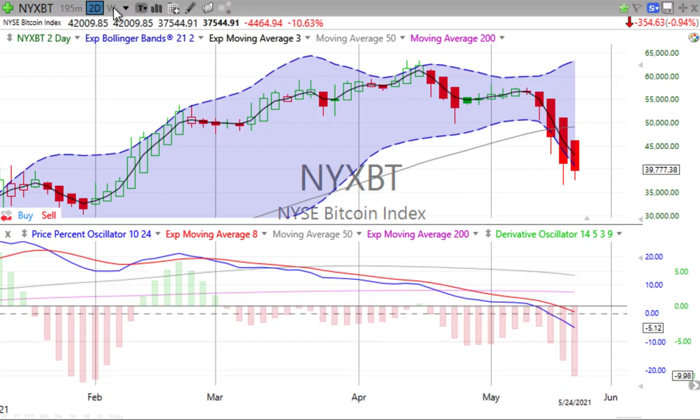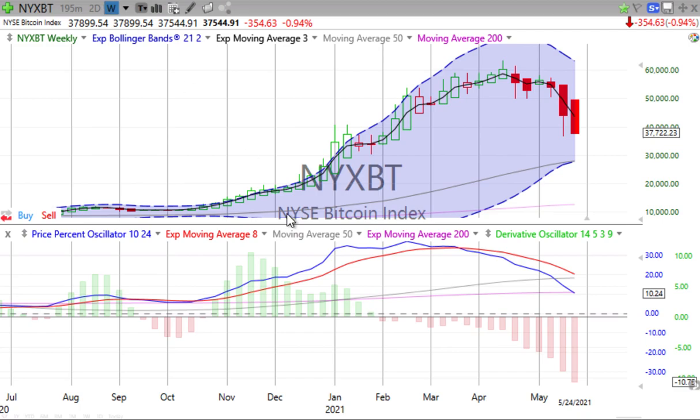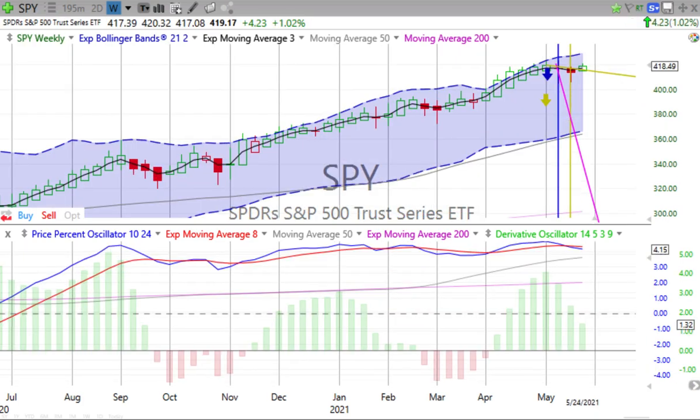2-day is important to us, and the weekly supremely important to us. So that's where we are on Bitcoin. Still, as I've been saying for several weeks now, lots and lots of downward pressure. Now let's leave Bitcoin, go to the S&P 500, up for the day